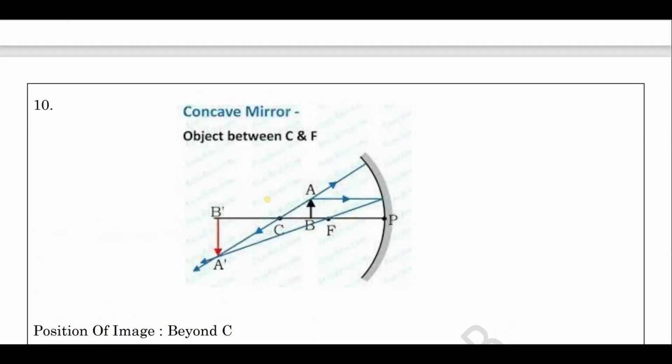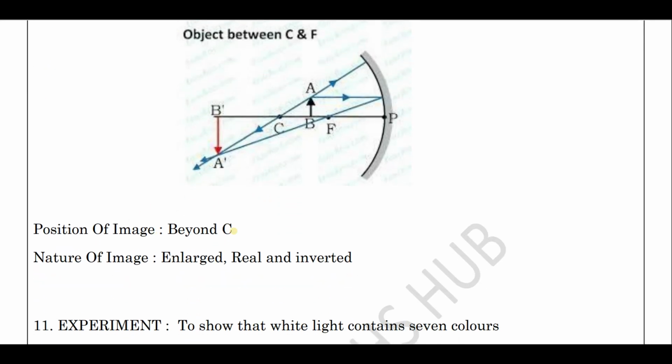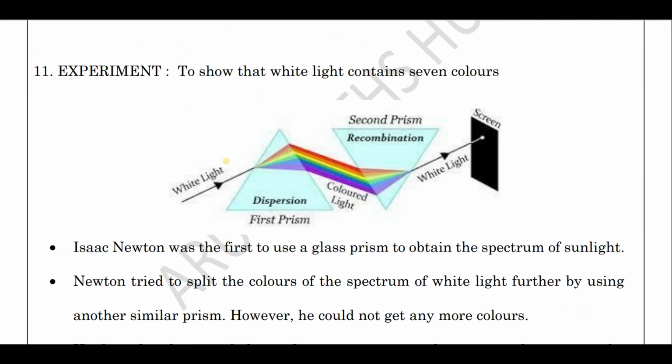Ray diagram: the object is placed between C and F. The position of the image is beyond C. Nature of the image is enlarged, real and inverted. Again, to show that